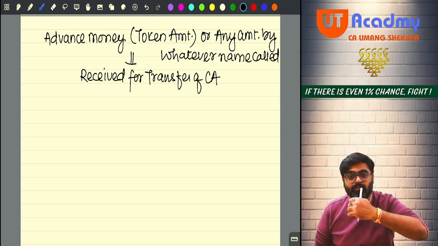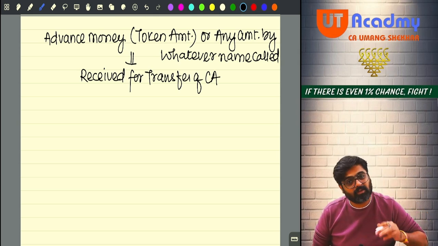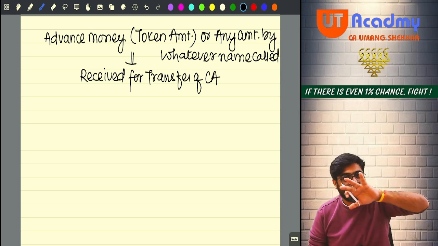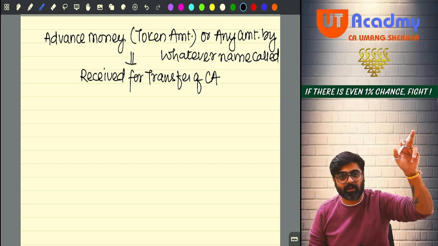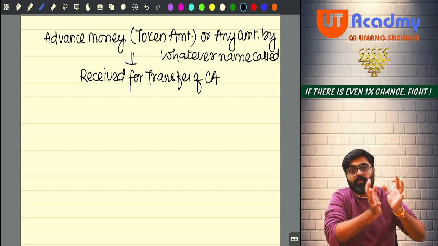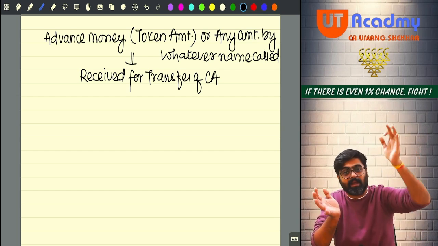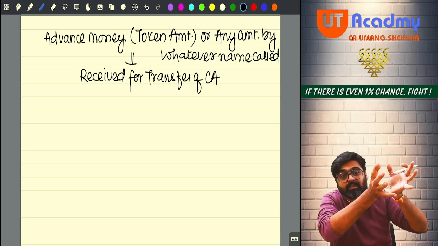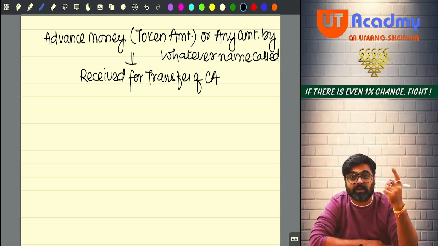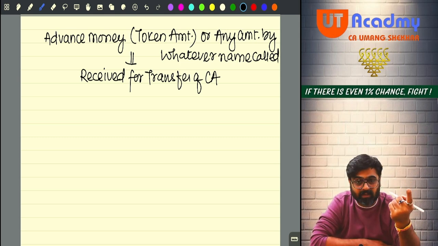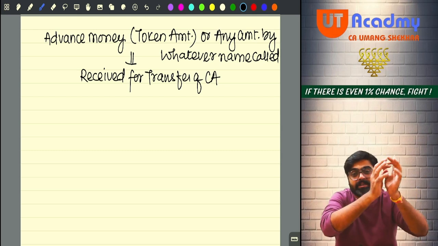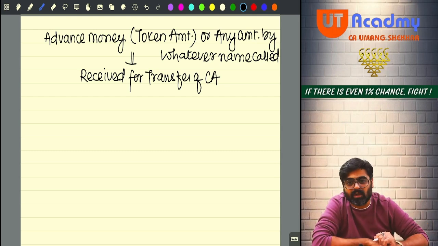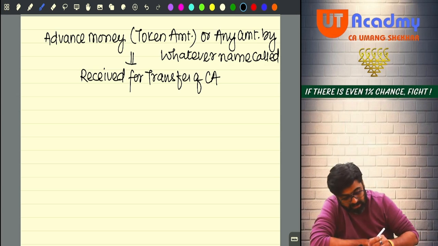And you know, the same exact thing happened. You received an advance of 5 lakhs for transferring the property. See, that was the consideration of the property only. Out of 75 lakhs of consideration only, you are getting this 5 lakhs. If the property would have been actually transferred, actually sold, no. So this 5 lakhs along with 70 lakhs would have been taxed under the head capital gain as full value of consideration, would have been taxed as capital gain because the transfer is taking place. If the transfer is taking place, the balance 70 lakhs and this 5 lakhs, the entire amount would have been charged under the head capital gains. Yes or no?